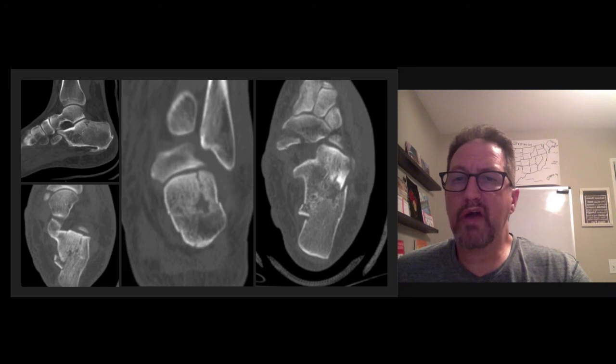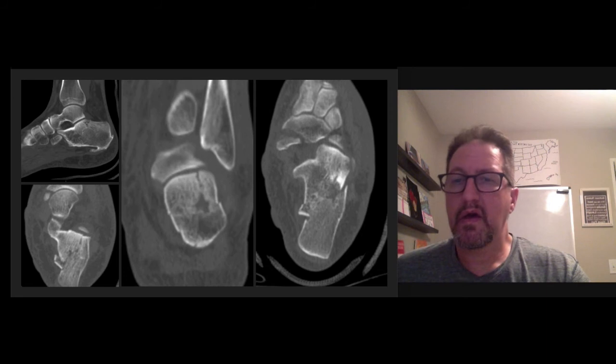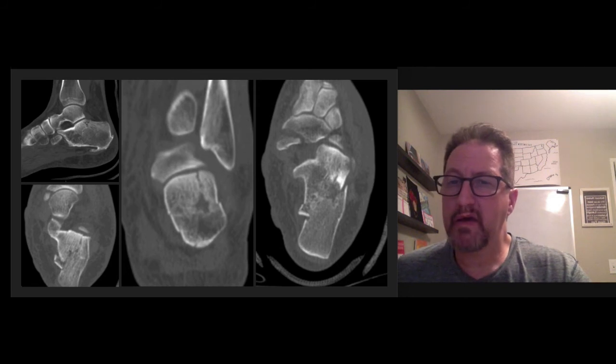Here's one more calcaneal fracture. You can see that this is additionally a Sanders 2, but this one's an A. So Sanders 2A. If you look at the image on the bottom left, you can see a sustentaculum,